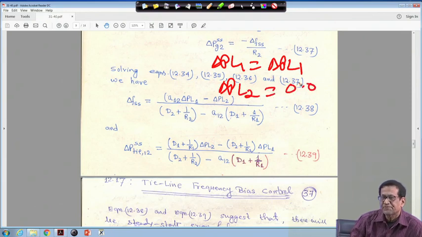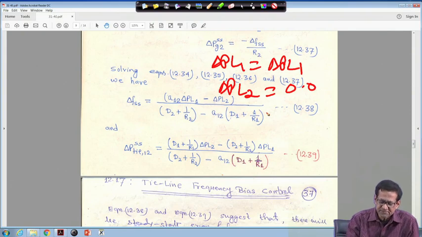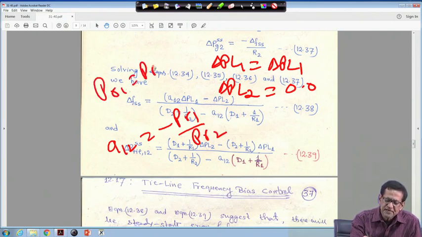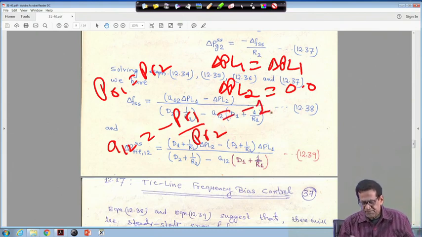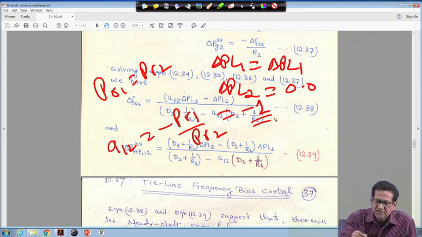So, make it 0, and say that both the areas have equal area capacity. That means A12 is equal to minus PR1 upon PR2, and if PR1 is equal to PR2, then this will actually be minus 1. So, for this condition, if A12 is minus 1 and delta PL1 is there, but delta PL2 is 0, then